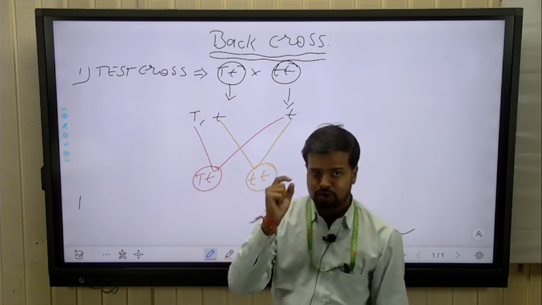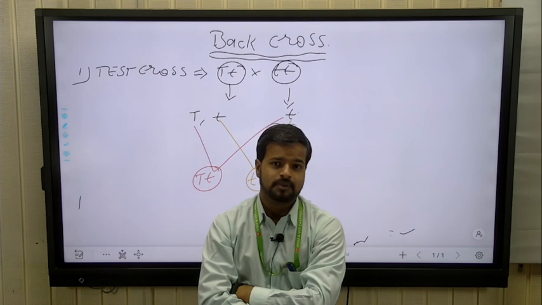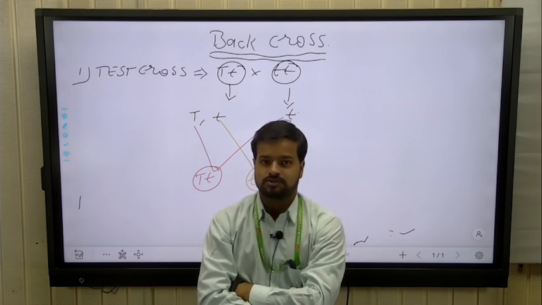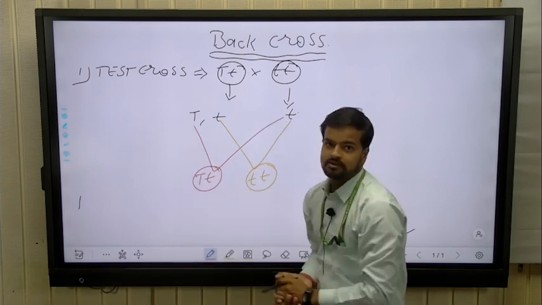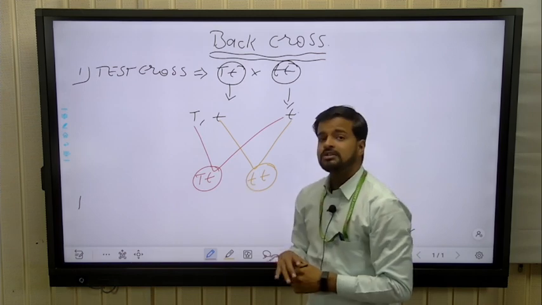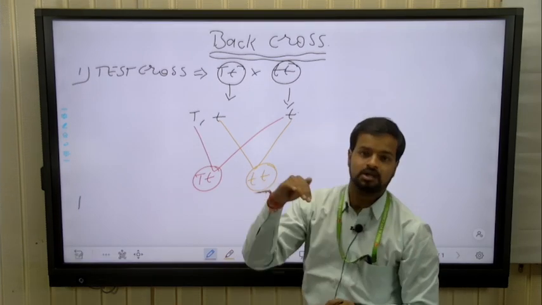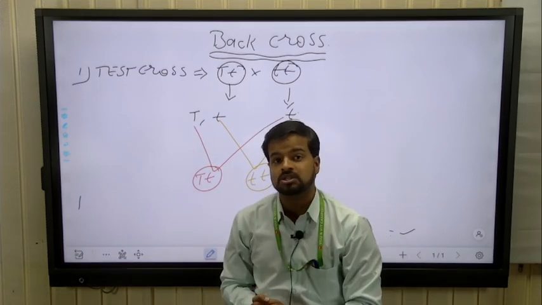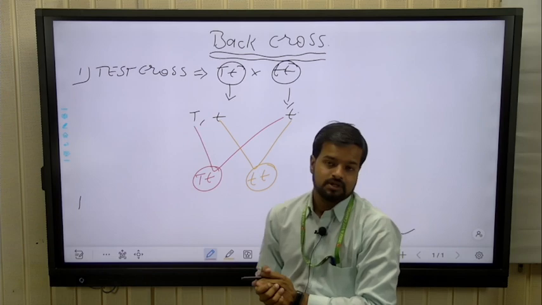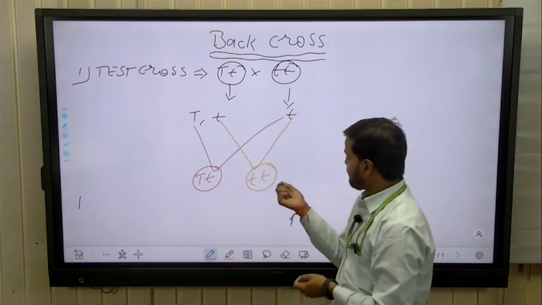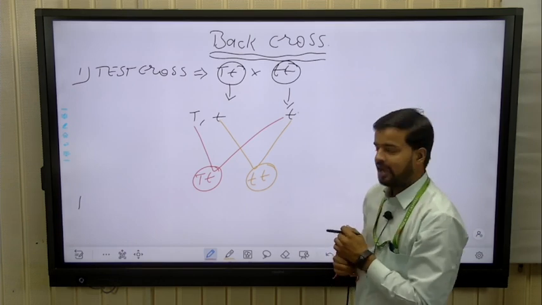Then the question is, how do we know the genotype of the parents? Because in this type of cross, if any recombination or any new genotype is formed, it would show up. But after doing this cross, we only obtain the same phenotype and genotype as we started with. So, concluding, in this type of cross we obtain the real genotype of the parents.